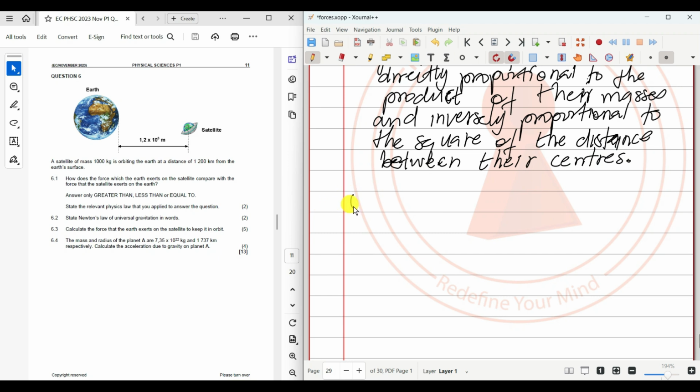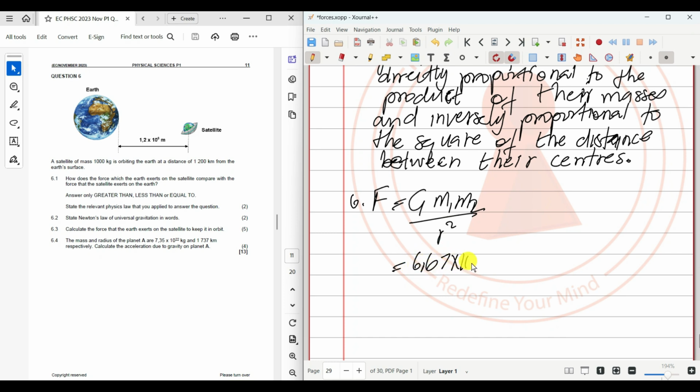6.3. Calculate the force that the Earth exerts on the satellite to keep it in orbit. All right, to keep it in orbit. This is force equals capital G m sub 1 m sub 2 all over r square. So this is